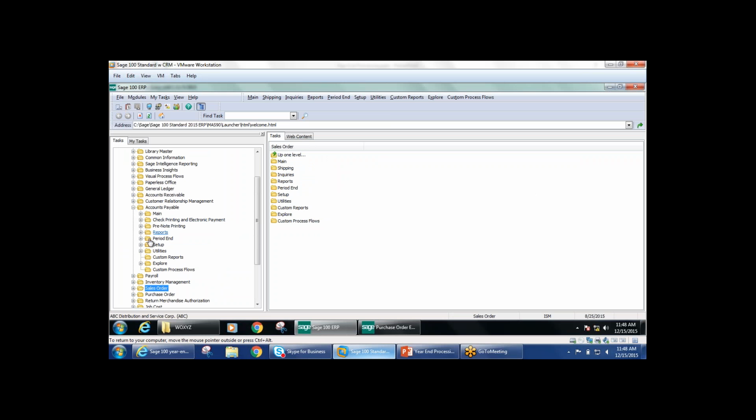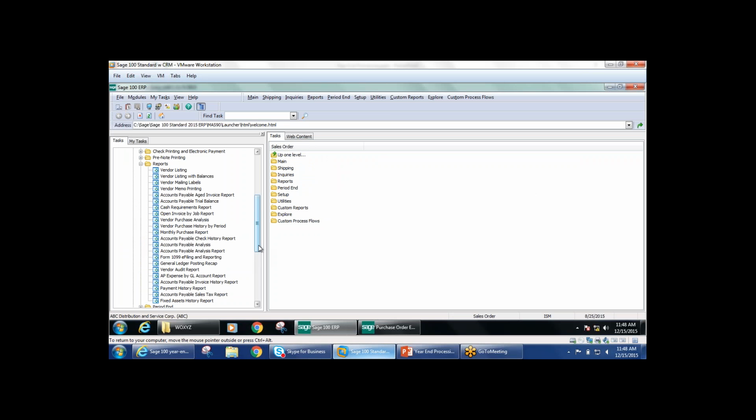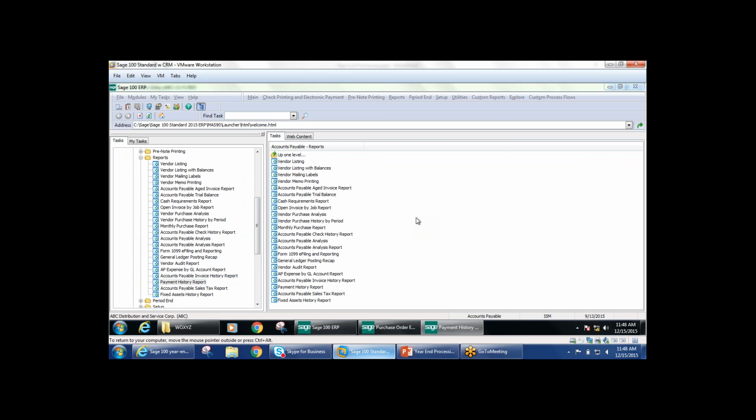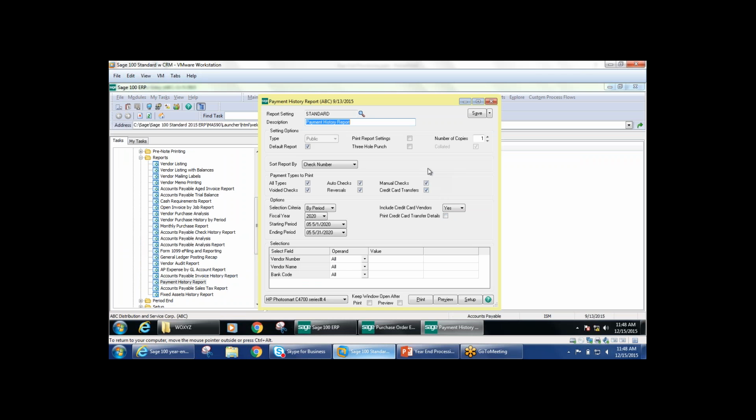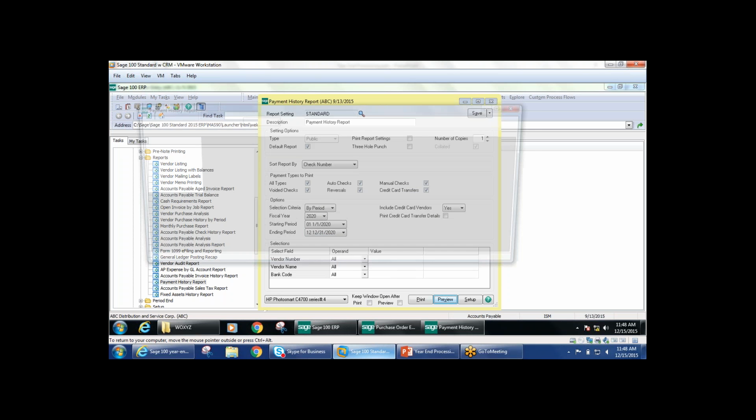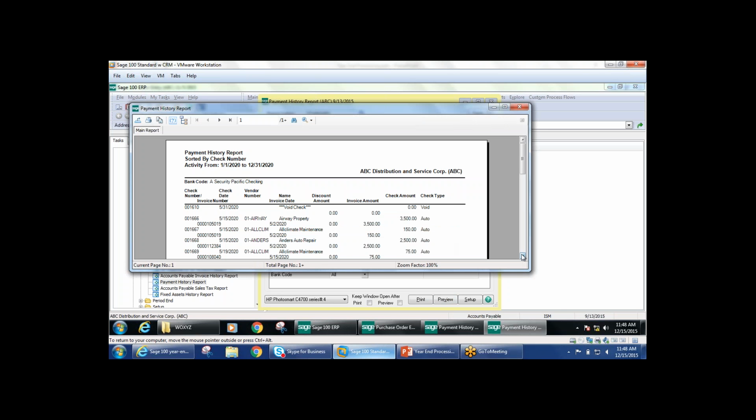And if we go into AP and we go into reports, and we go into our payment history report, we can run this information. That's going to give us information for the whole year. And when we run it, we can identify